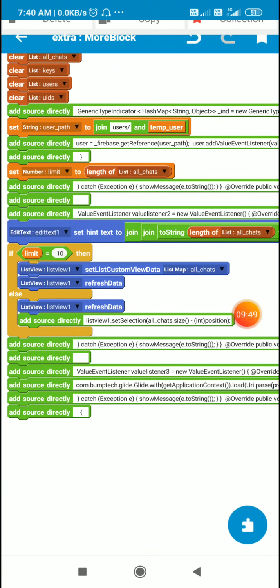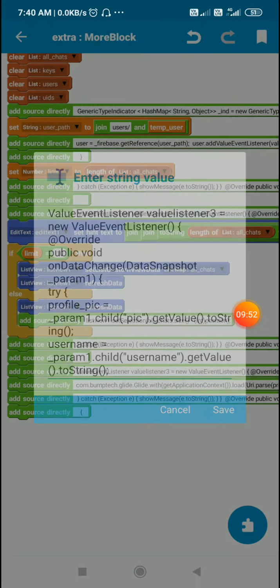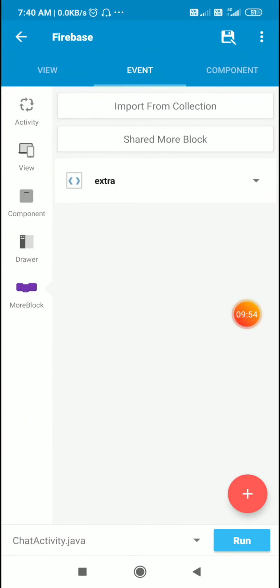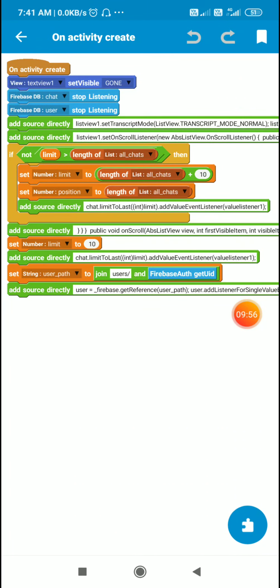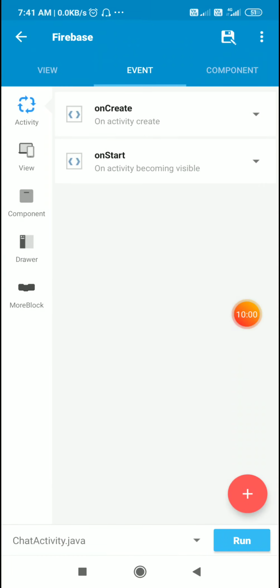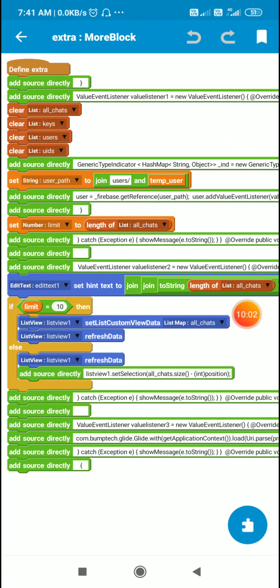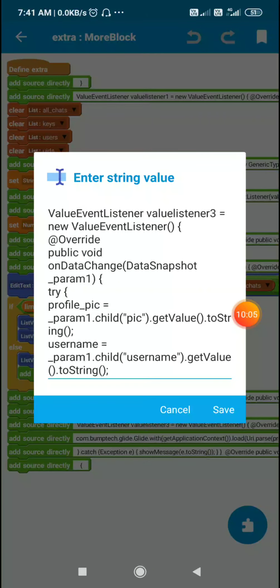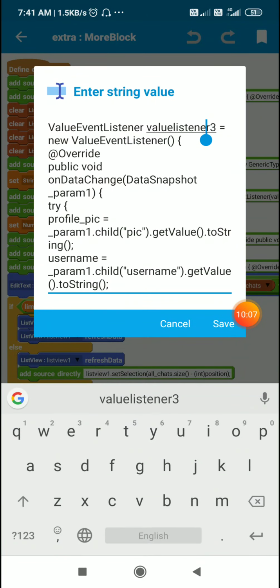Now after this I have this value listener 3. This value listener 3 was used here to get the username and profile pic of the current user. So here I define value listener 3 as new value event listener.